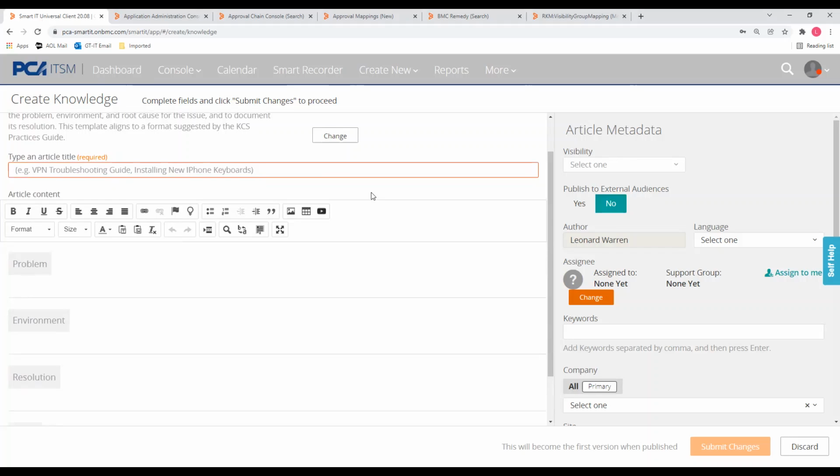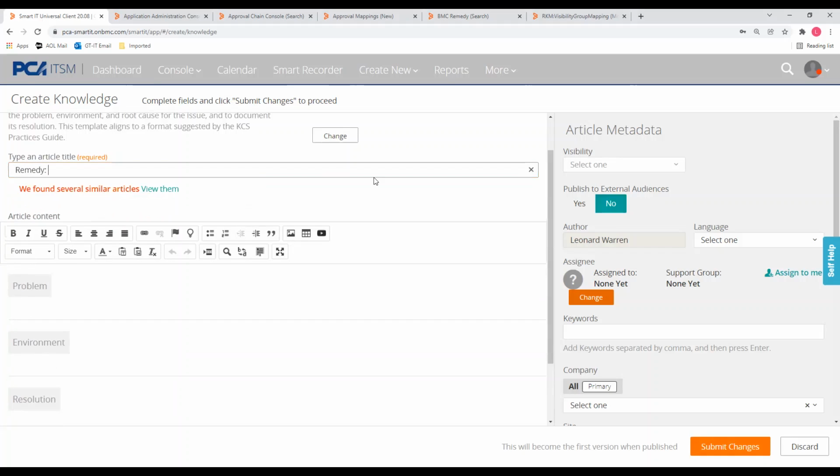So now when you're going ahead and putting in a request, again, depending on who it is, I may start with remedy, I may start with how to or whatever. So in this case, I will go ahead and say remedy. And then I will say